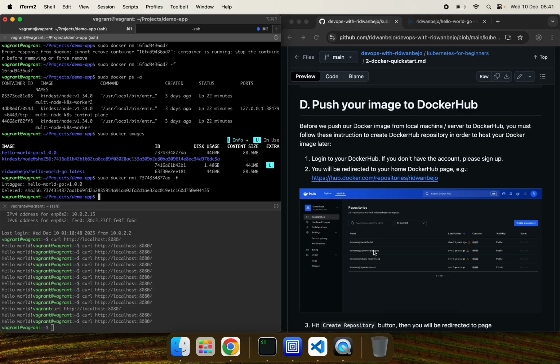And now, how about pushing our image to Docker Hub? Before we continue, we need to understand that Docker Hub is a container registry platform. What does that mean? It means users or organizations can host their images in Docker Hub, and it can support multiple images with different versions. By performing certain authentication, you can pull the image wherever and whenever you want.